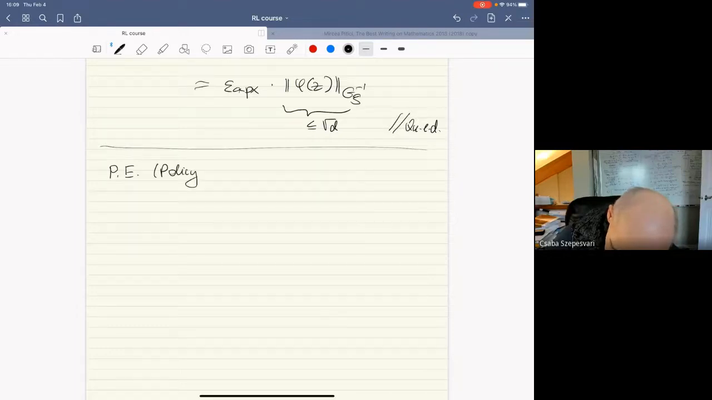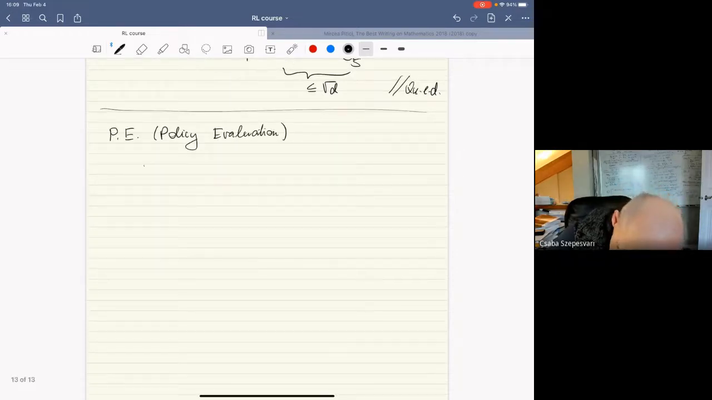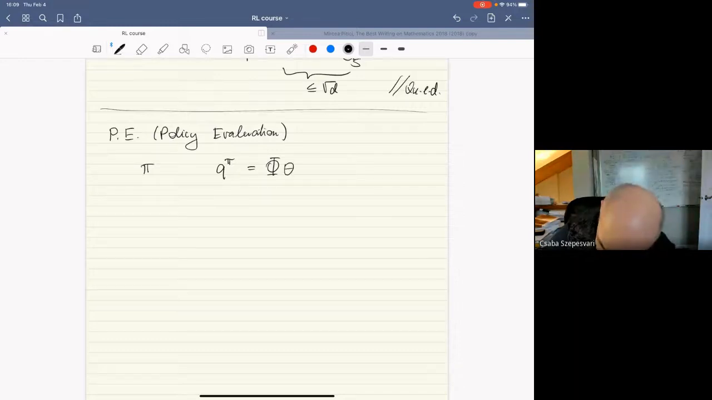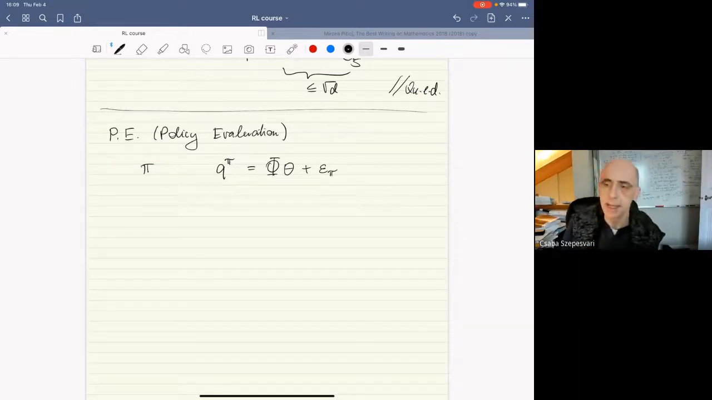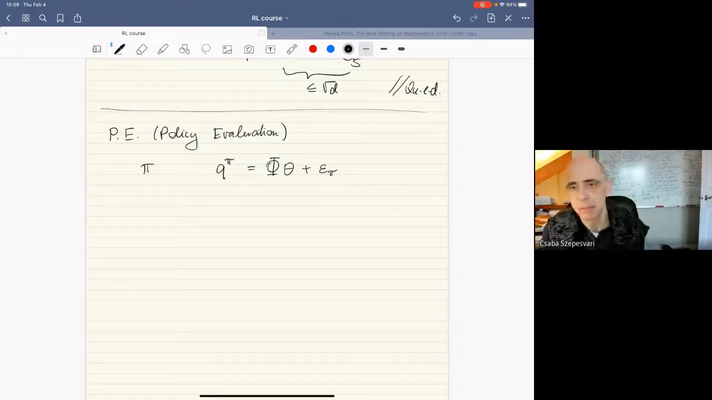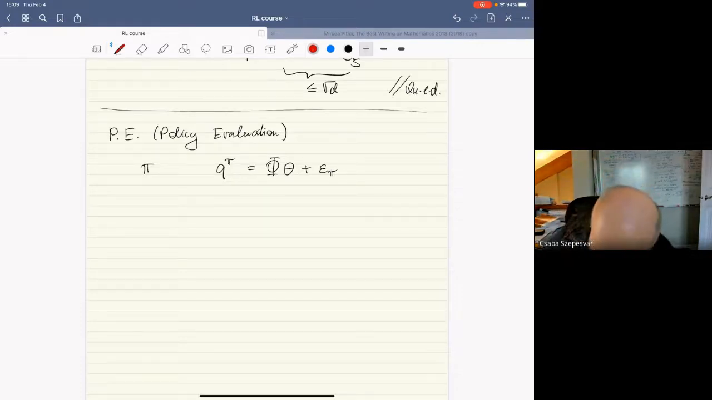So the task now is going to be policy evaluation. So we have policy pi, and it has a value function q of pi. And we want to find this parameter vector, theta, such that this approximates well this policy q of pi. And I'm going to allow now some approximation error here. This is a new term, so kind of relaxing a bit